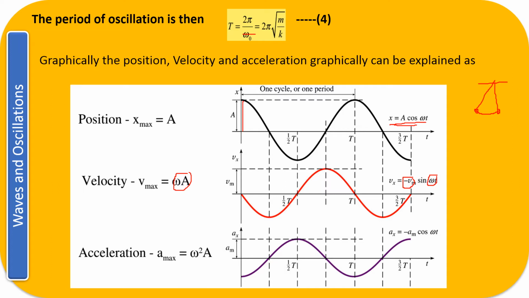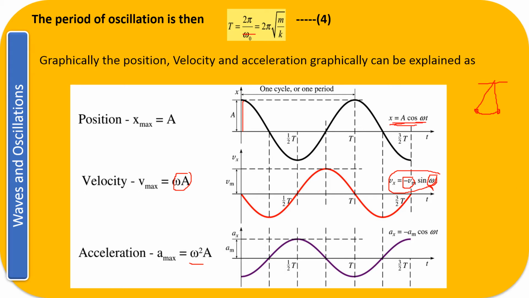Then again, if I differentiate this value of the velocity, I will be getting the acceleration, which I have already shown you in the previous slide. So this is again required to be differentiated. If I differentiate this, here you had a omega sine omega t. So now what you are going to get is a omega, and again omega will come, and cos omega t, and for that I am going to put the value of x.